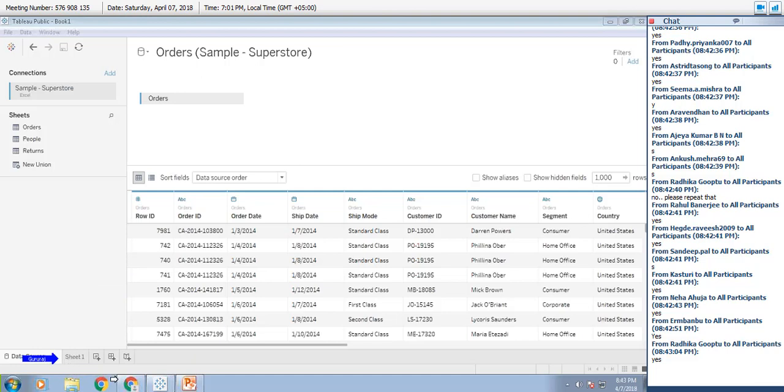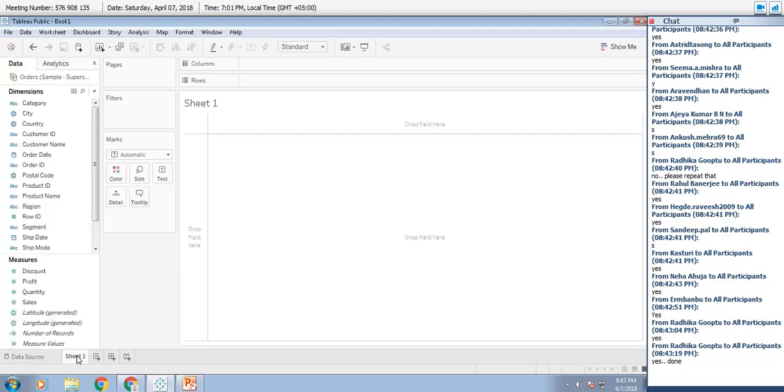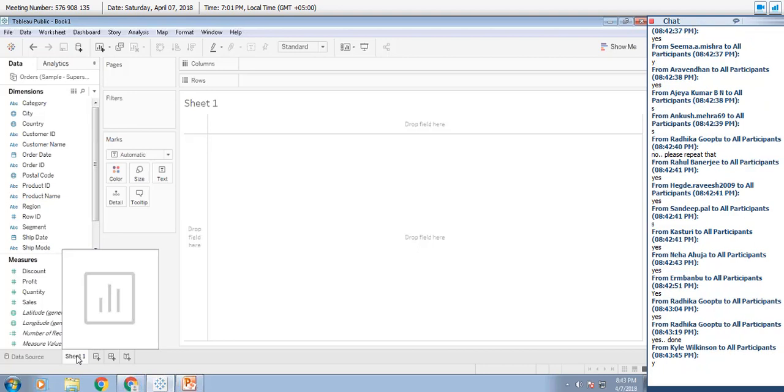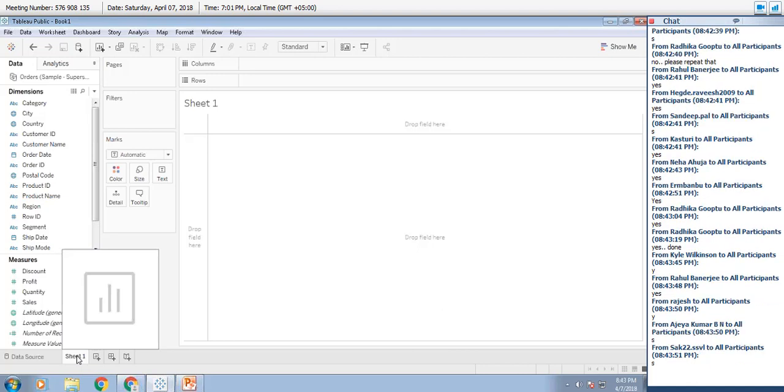I have pointed an arrow there. Click on that. So this will be the one screen that you have to master in Tableau. Everyone got the screen? I hope everyone has got it. Okay, fine.